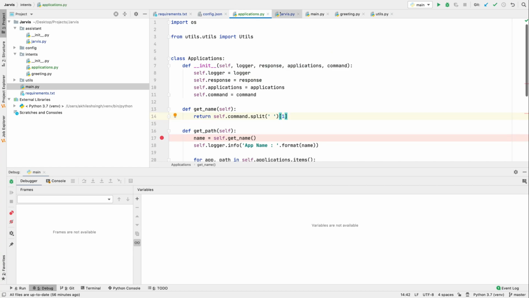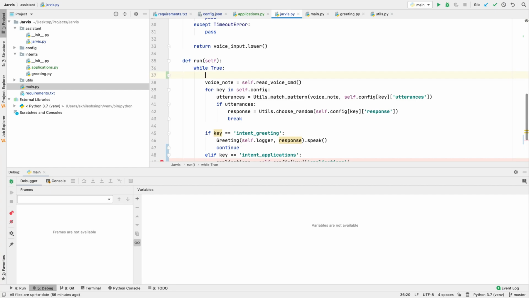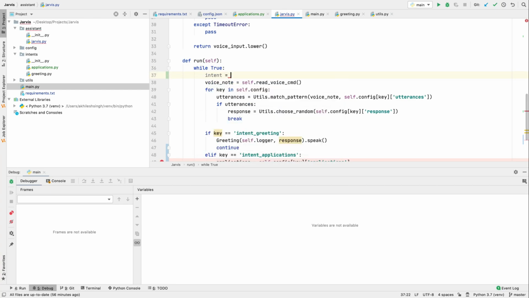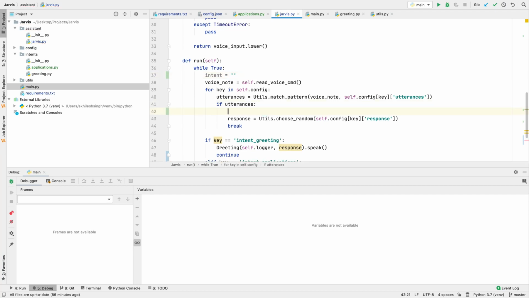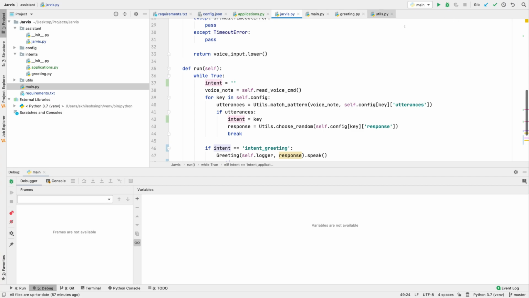So I'm going to create an intent variable here, and here also I'm going to have intent equals to key, and instead of key I'm going to use intent. Yeah, that's it.